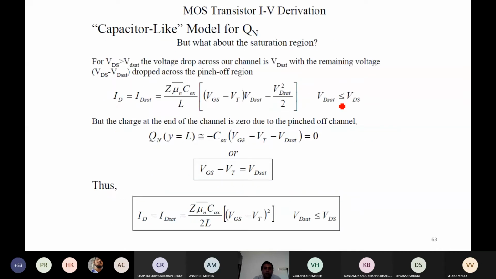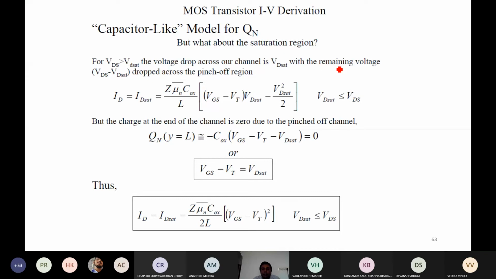Next, with the help of the capacitor-like model, we are going to derive the equation for the saturation region when VD sat is applied. We apply VDS more than or even equal to VD sat, then what is the current? VD sat is basically the voltage where saturation starts, or where pinch off happens. Pinch off means the channel is no more there. All the electrons are sucked by the drain, and the depletion region on the drain side keeps increasing as you increase VDS. In that situation, what is the current that we are going to derive?